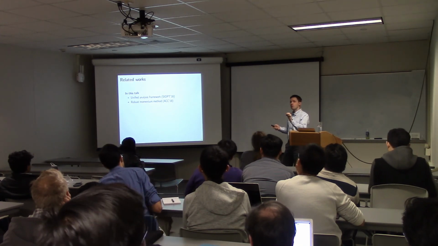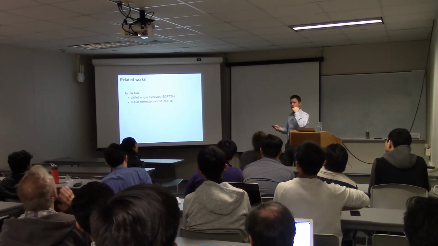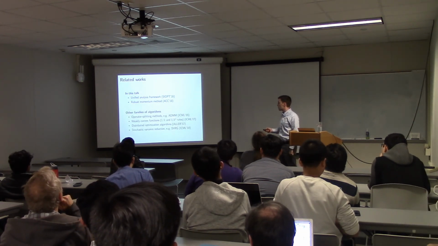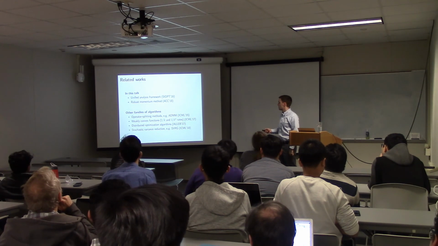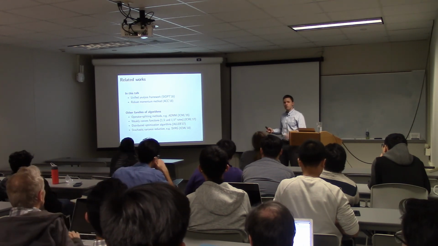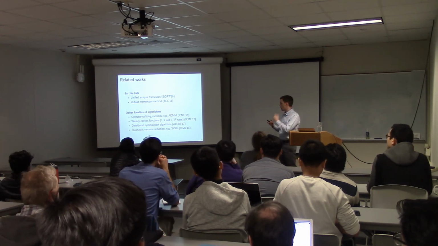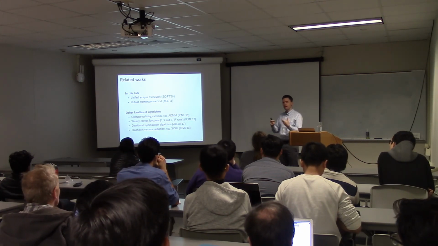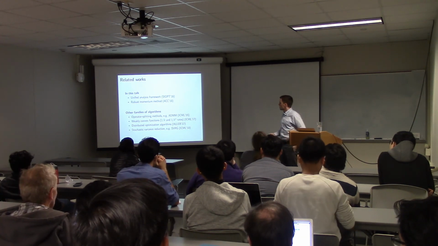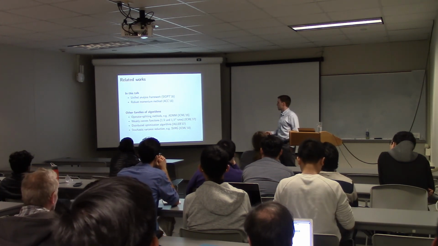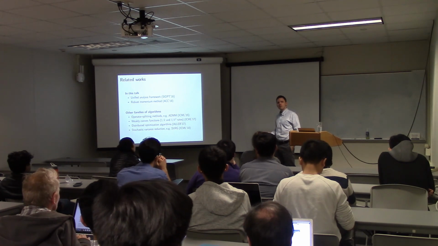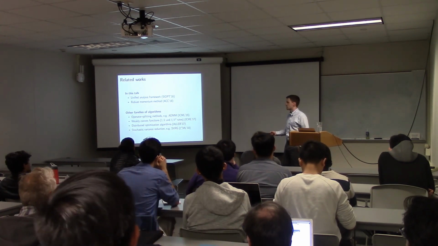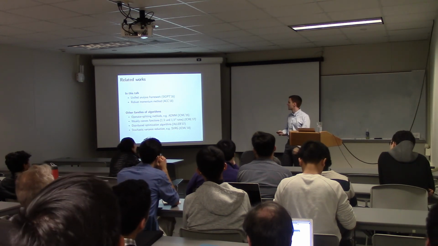I do want to point you to a couple references from what we've been able to do since this. We've been able to analyze operator splitting methods like ADMM. We've been able to analyze weakly convex functions. This is when the rate isn't a linear rate, so you could have a 1 over k or 1 over k squared rate. And parameters that depend on time, although the analysis is a little bit more involved. We looked at distributed optimization algorithms, and we looked at stochastic versions of this as well, like analyzing SVRG or SAG. And all this is recent work that obviously couldn't fit into this talk, but I'd be happy to talk about it later.